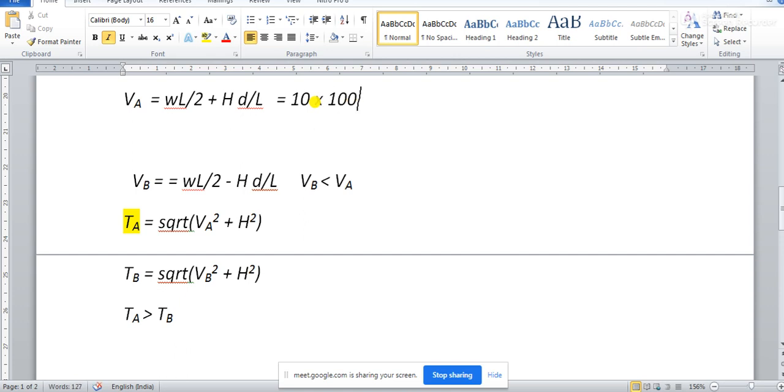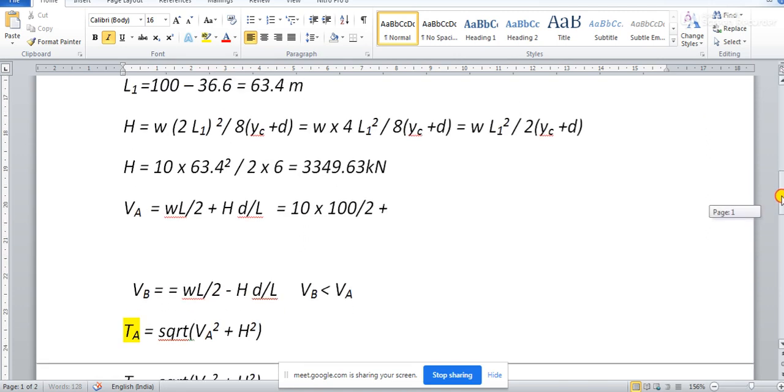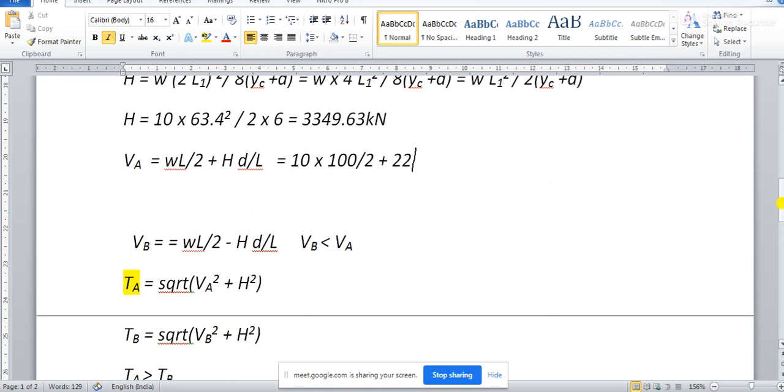So 633.98. 2 plus H, how much is H? H is 3349, right? 3349.63 into,